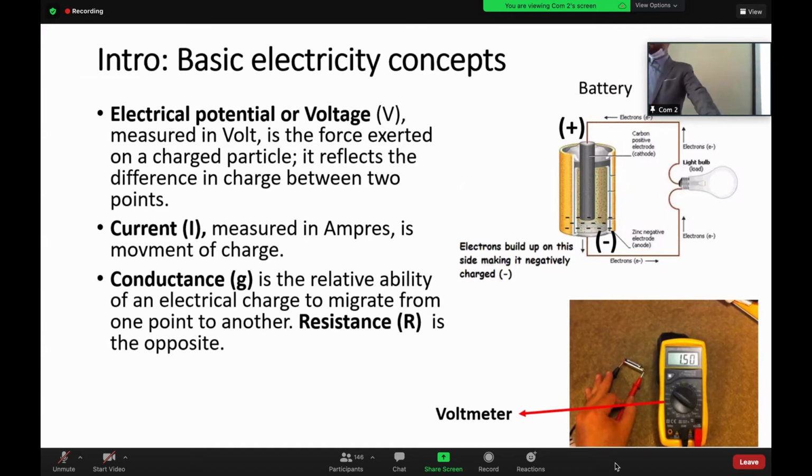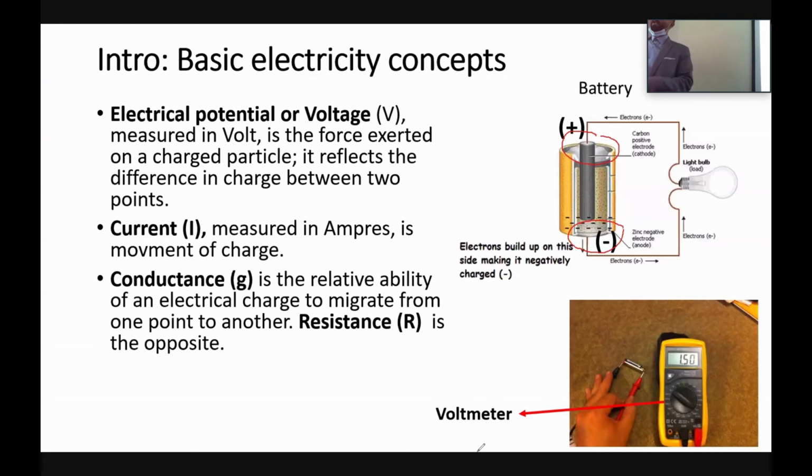Of course, okay? So a battery has two ends, as you can see here. So here we have the positive end, which is called a cathode, okay? And a negative end, which we call anode, okay? And a battery has an electrical potential because in the battery we have electrons, which we are forcing, okay, to stay in the negative end, okay? And so this is how we create an electrical potential or voltage, okay?